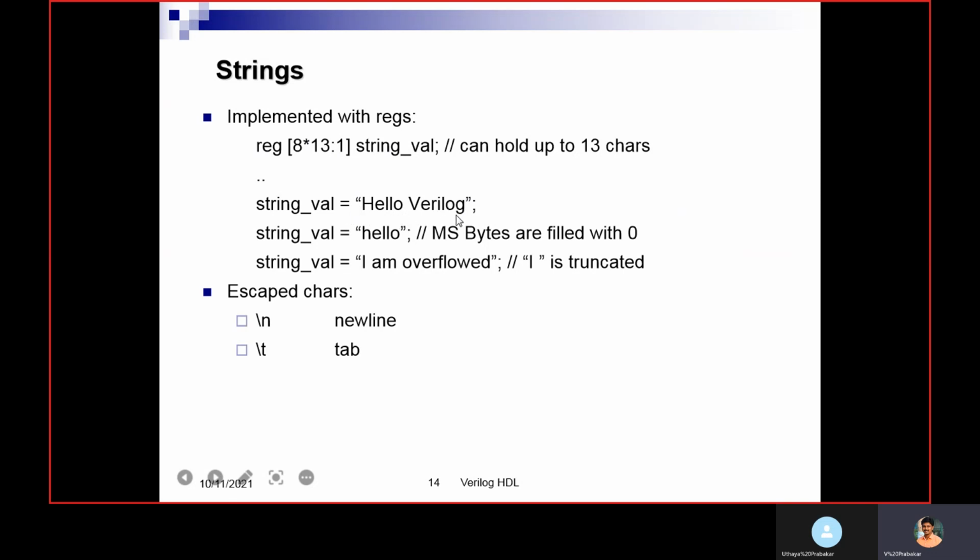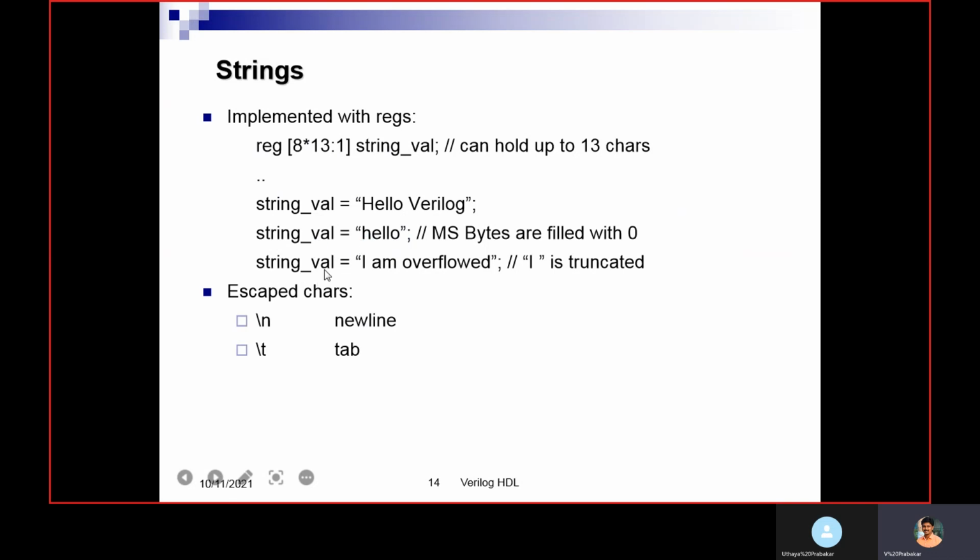Then only it will be recognized as a string. String value equal to "hello Verilog". So it can be stored inside the string value. Actually 13 characters it can hold. If I mention fewer characters, here 1, 2, 3, 4, 5, only 5 characters I am assigning, so the remaining MSB will be filled with 0.